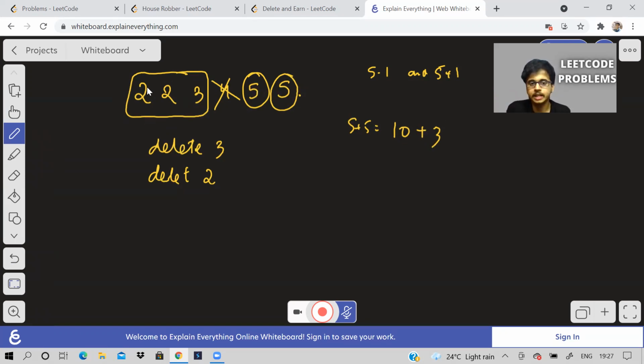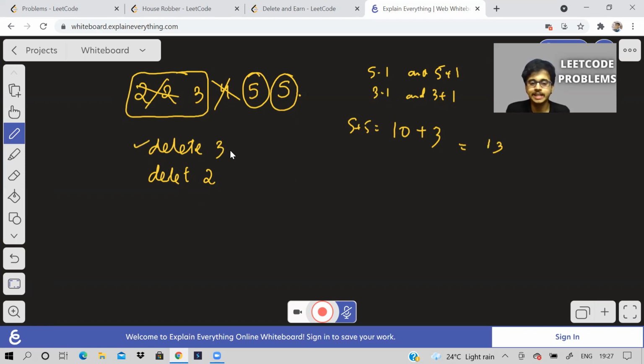And what is being deleted? The 3 minus 1 and 3 plus 1, the value of the array -1 and value of the array +1, if it is there in our given array, that we have to delete, right? So we'll delete both occurrences of 2. So in this case, we will get a total answer of 13. Okay, so if I delete 3, then I'll get 13.